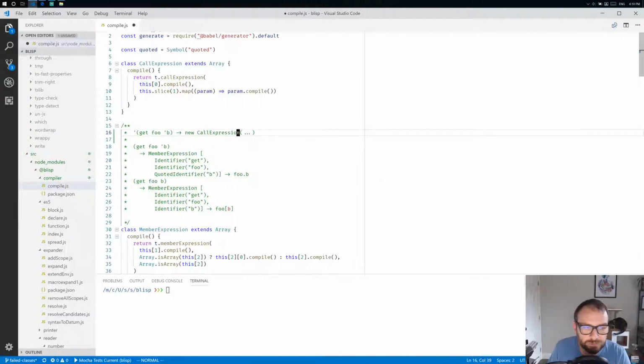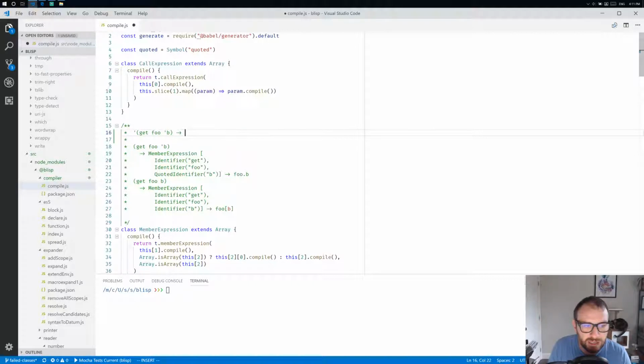So I thought I was really stuck. I've been thinking about it a bit. I think we can kind of save this. It won't be nearly as pretty. But what I'm thinking now is that we will represent our AST only with built-in JavaScript classes and objects. And so when we go to expand that AST is when we will generate these